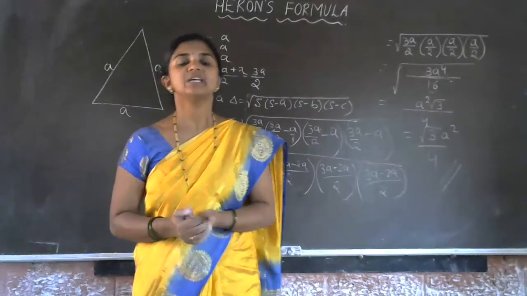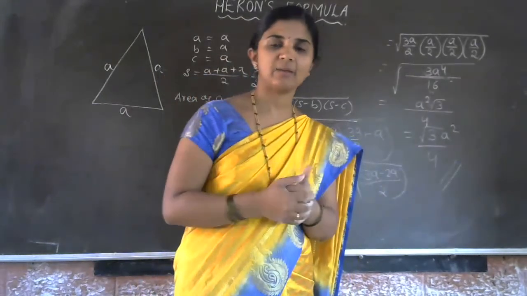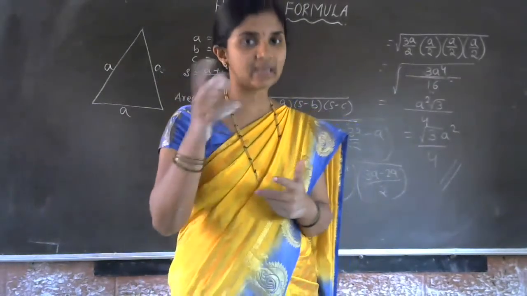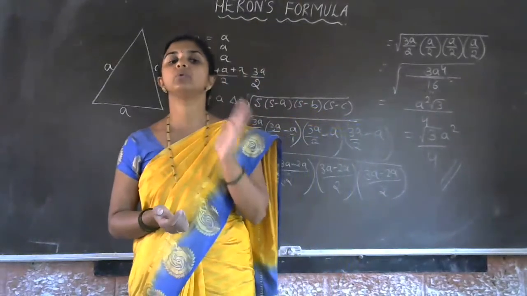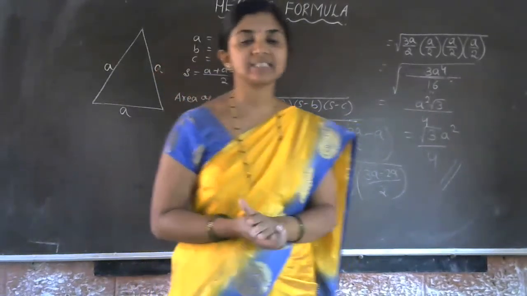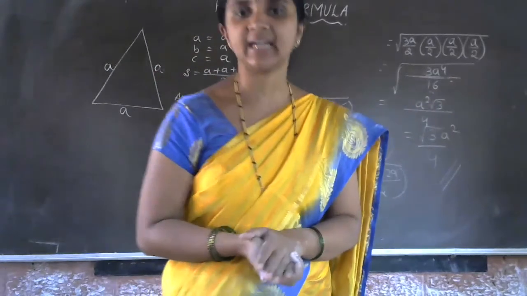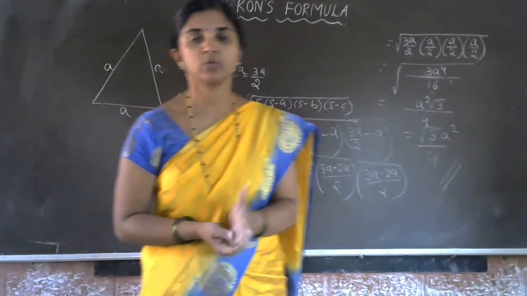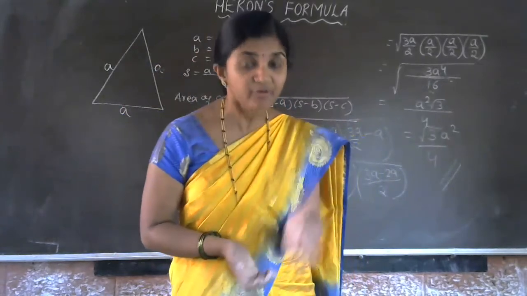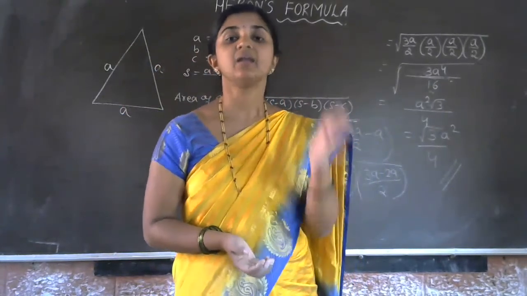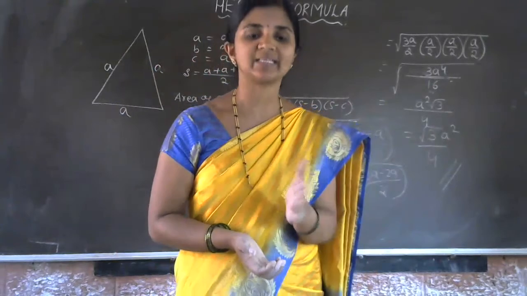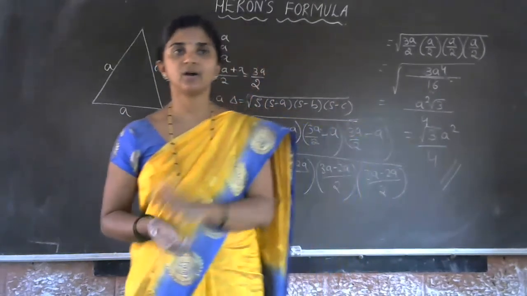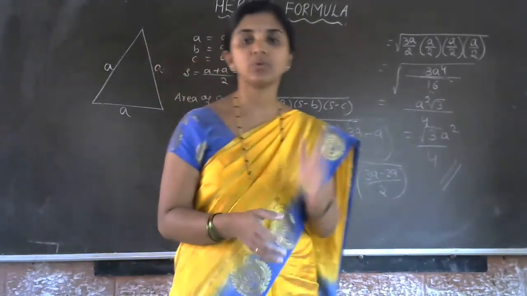Okay, so example 1 we have completed. Example 2 and example 3 are your work. You have to go through those examples and the exercises. The first exercise and second exercise are both today's homework. Finish the example problems first, referring to them, then work out the exercises. There are two exercises in the Heron's formula topic. Just work out both exercise parts.